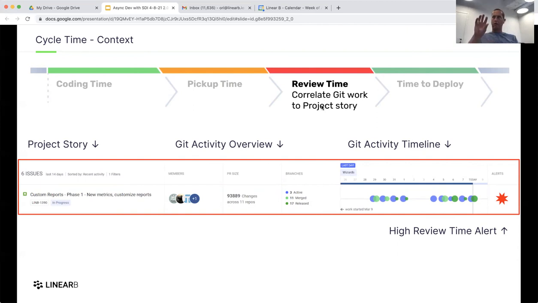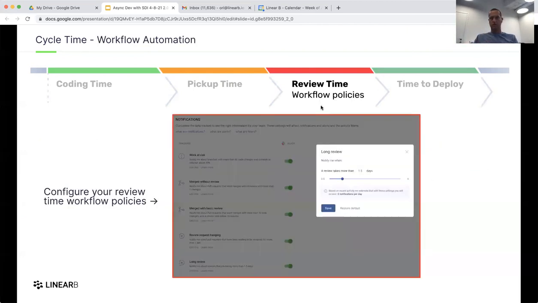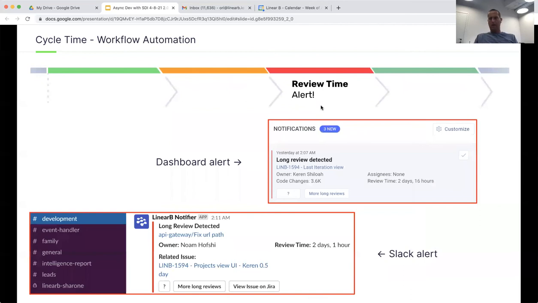Once you identify and you've had a great discussion with the team and you're committed to improvement, choose your threshold and your policies to deploy something that will work for you, right? It will wake you up when you need to review things faster, point you to the right PRs that are waiting too long, and activate you. So leverage the power of the data in an SDI framework to work for you.